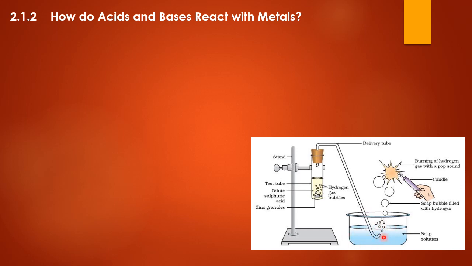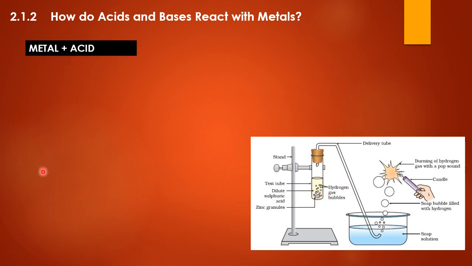The solution is kept over here, and we observe some bubbles at the surface of this soap solution. What are these bubbles? And why do we see these bubbles at the surface of the solution? Which gas is released over here so that bubbles are formed? To find it out, what do we do? We bring a burning candle over here and we notice that the candle burns with a popping sound. And this proves that when metal reacts with acid, hydrogen gas is formed.